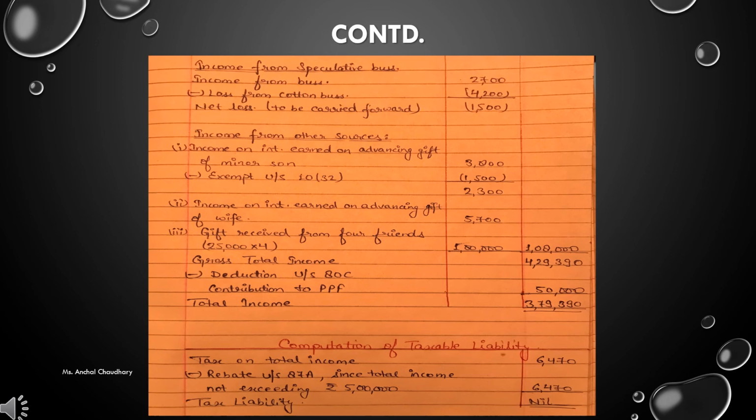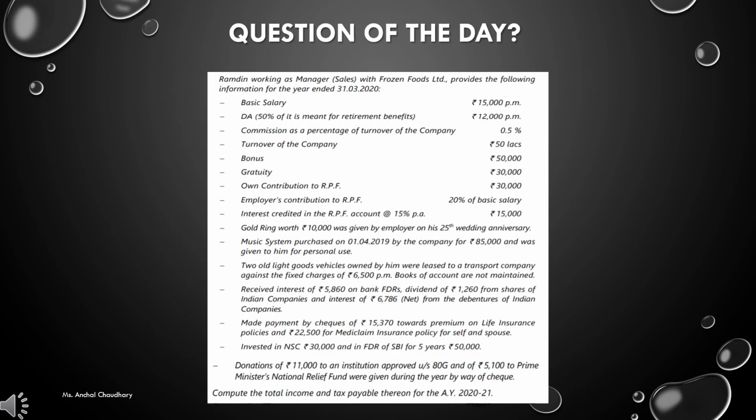So you have to solve questions like this only. I hope that it's not a very difficult question for you, because what you have to do is just write down, and you should have proper knowledge of which income will come under which head and what all deductions a person can receive, right? So students, that's it. Here is a question which you have to solve on your own. I hope you can solve this question. Still, if you face any difficulty, then I'm available on WhatsApp, and if you want anything else, I can help you out in any way.